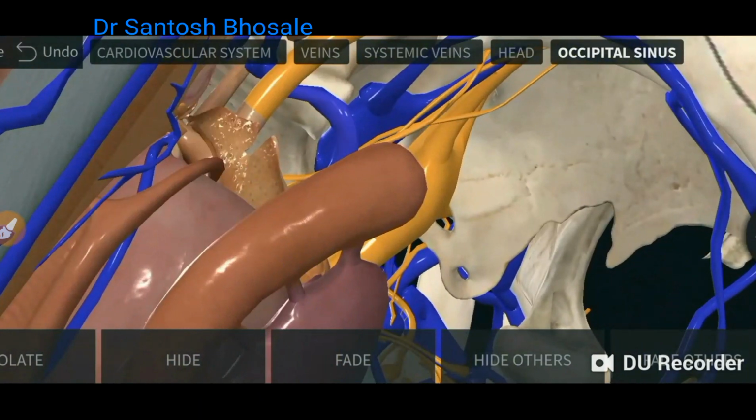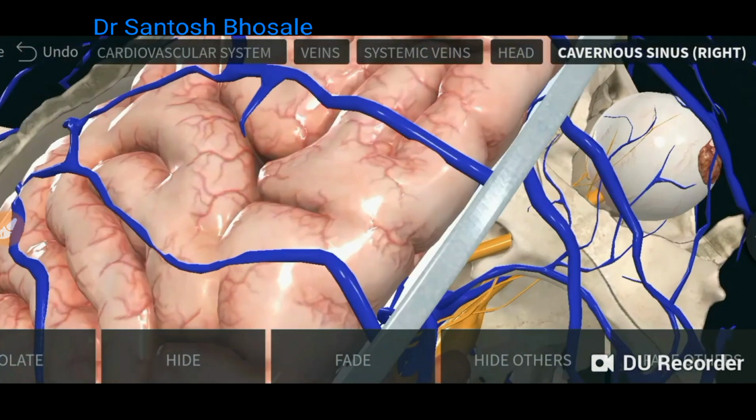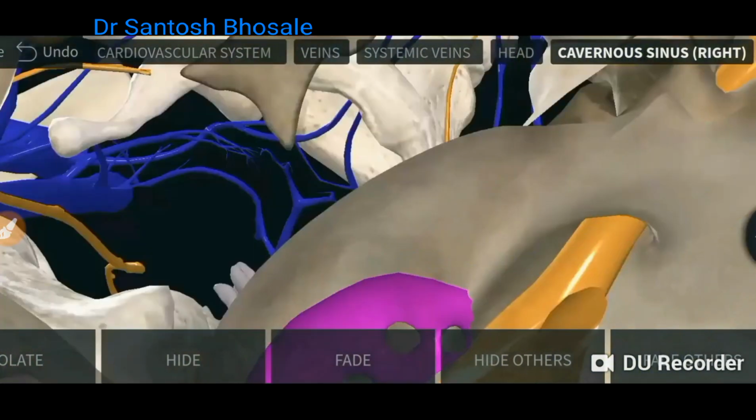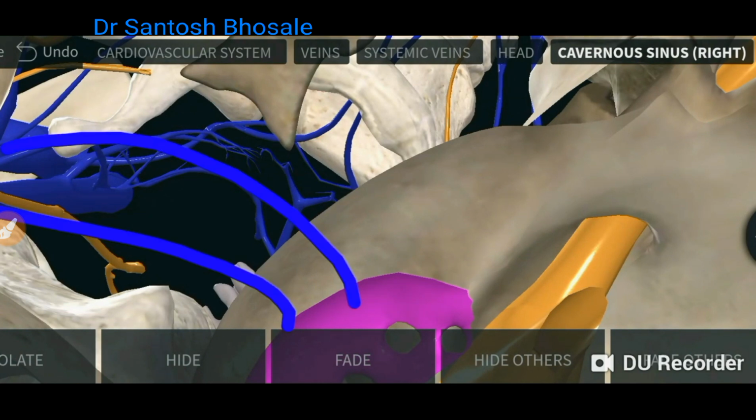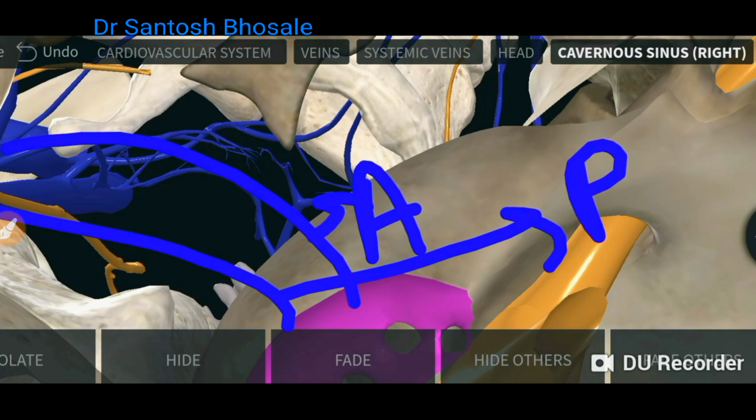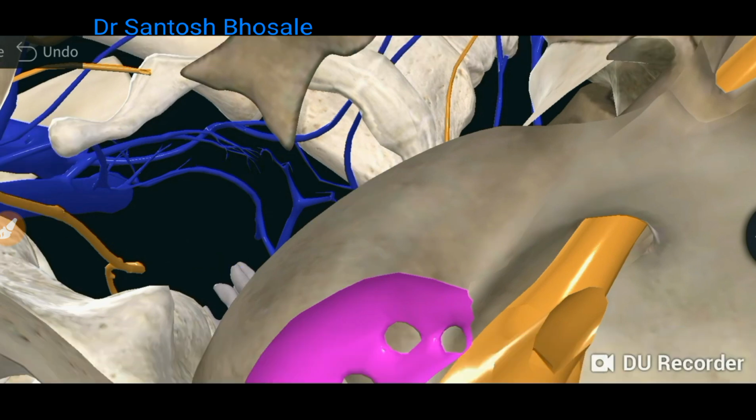And coming to one more sinus, that is the basilar venous plexus, lying along the clivus. It drains the anterior part of the brainstem and spinal cord. You can see there the cavernous sinus is there, the basilar venous plexus, and this is the cavernous sinus. The two more unpaired venous sinuses are the anterior and posterior intercavernous sinuses, which communicate the right and left cavernous sinuses. Here you can see the right cavernous sinus, that is the anterior and posterior intercavernous sinus. So these are all about the unpaired dural venous sinuses which lie in the midline.